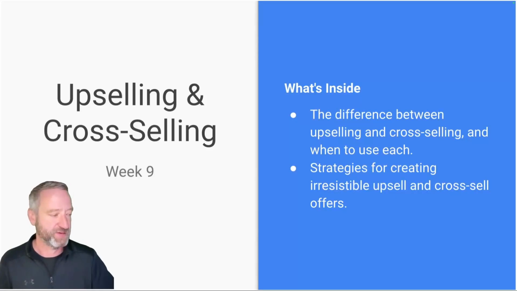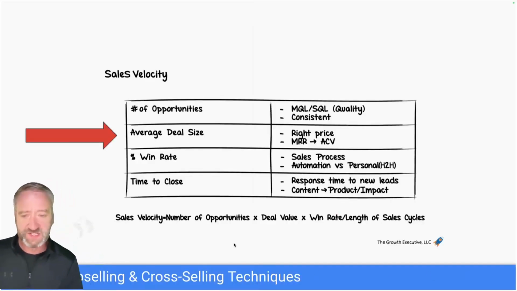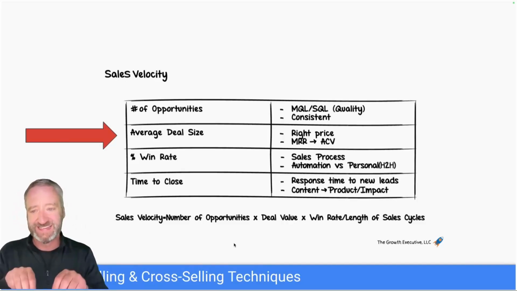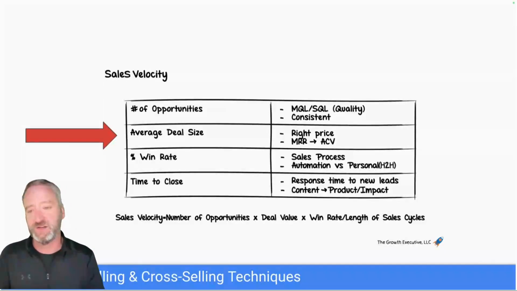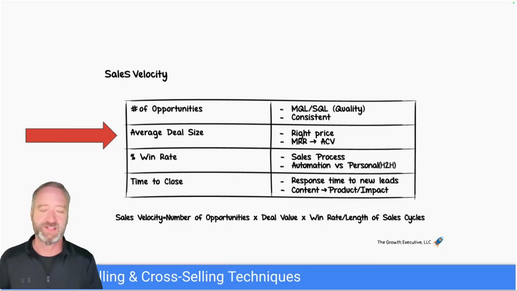Okay, that's pretty straightforward. Now, the cross-selling, on the other hand, and the reason this is important, because this affects exactly what's in sales velocity under average deal size. What we're doing here is we're impacting the deal size. If I can move a customer from $10 to $20, I can double my daily activity if nothing else changes, by just increasing the sales value or the deal value within my sales process.